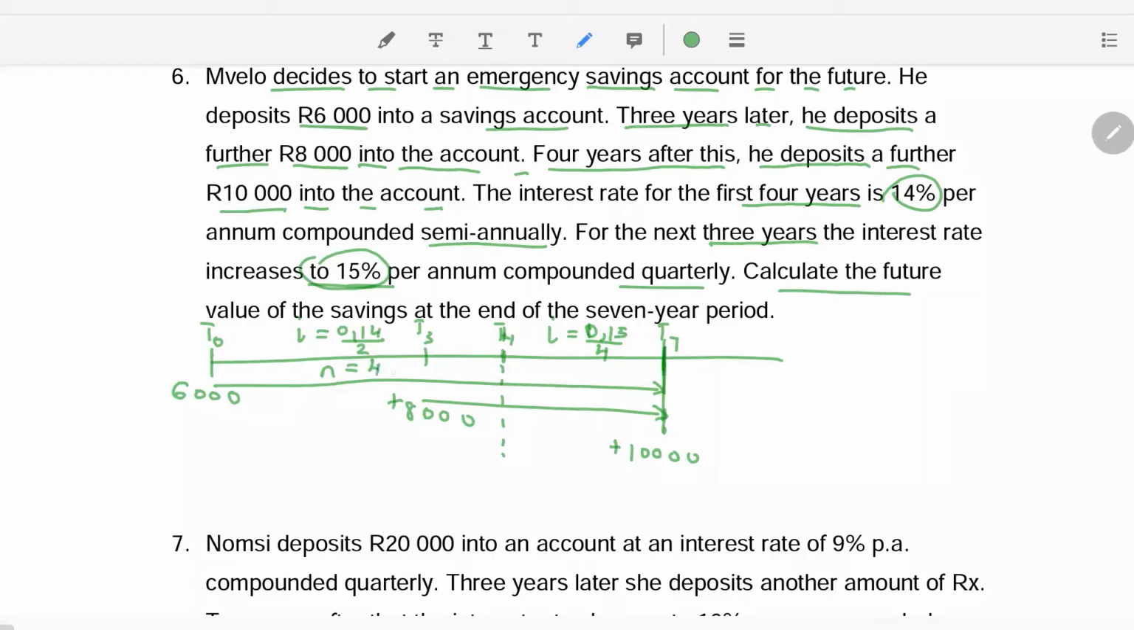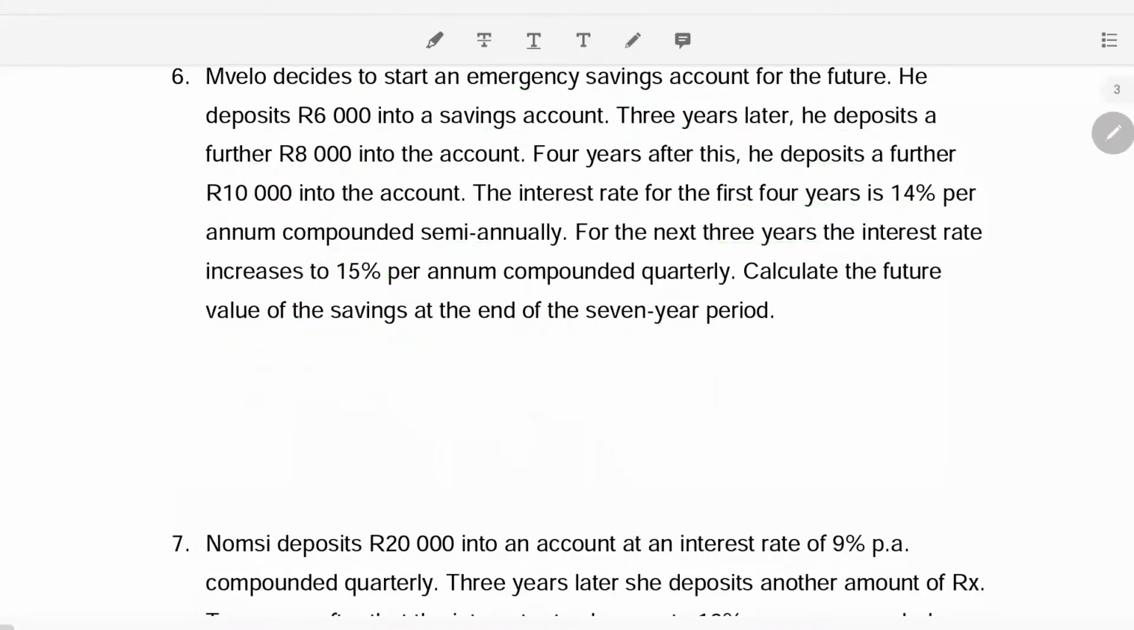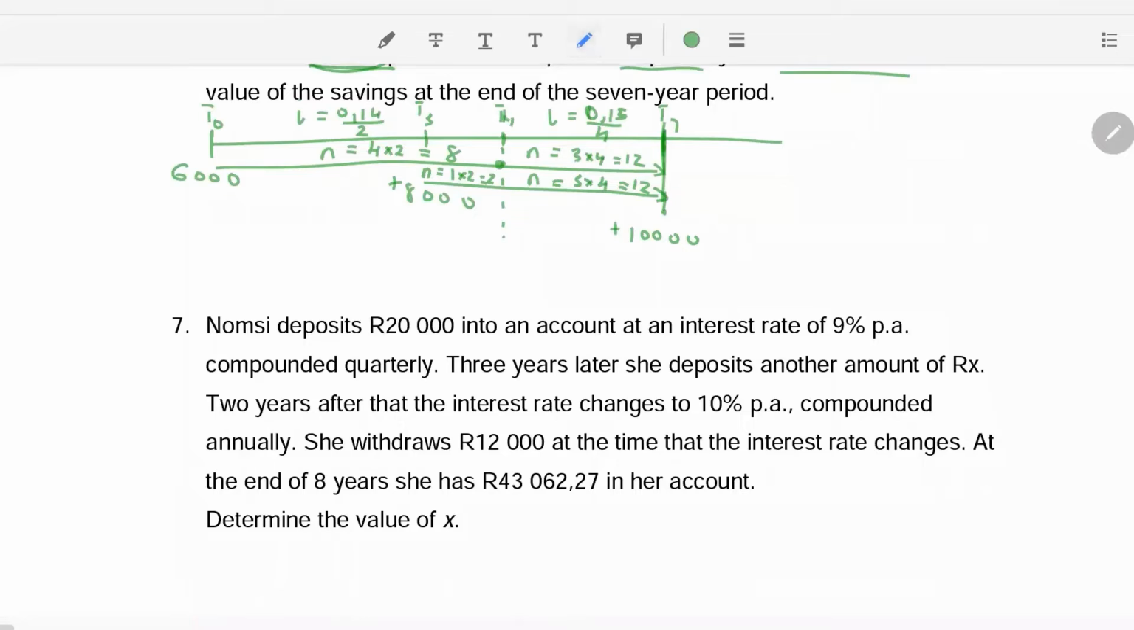So the 6,000 would earn interest of 14% compounded semi-annually for 4 years times 2, which is 8 half years, until T4. Then it will earn interest of 15% compounded quarterly for the next 3 years times 4, which is 12 quarters. The 8,000 would earn the interest rate of 14% compounded semi-annually for 1 year times 2, which is 2 half years. And then it would earn 15% compounded quarterly for the next 3 years times 4, giving us 12 quarters. And the 10,000 doesn't earn any interest because it was